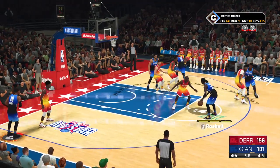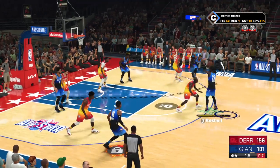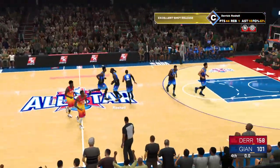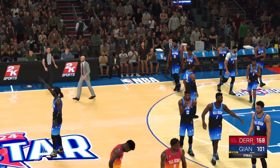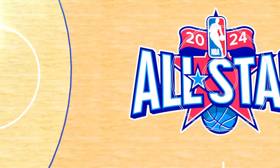Just 5 on the clock. Lets it fly. It's in. Basket by number 23. So no problem for the West All-Stars as they get the win. And it's impossible to know what's going to happen in these games. The talent on both sides is all